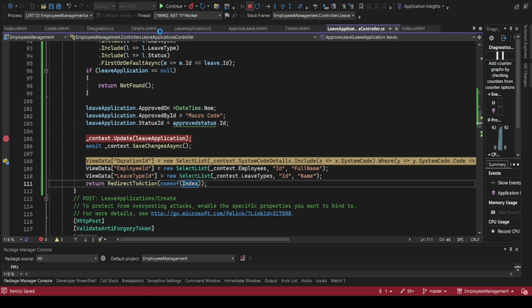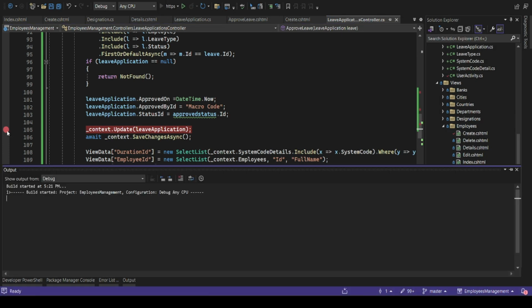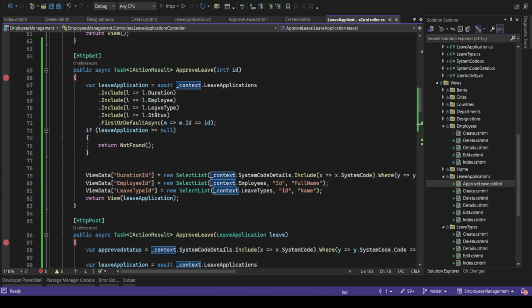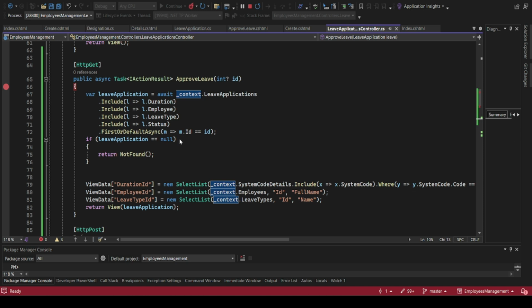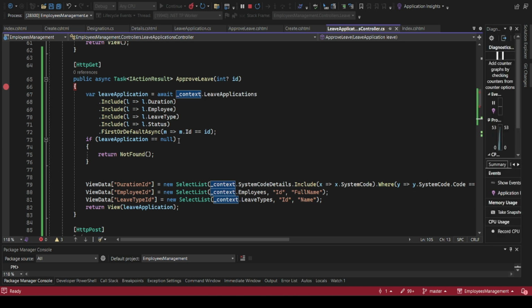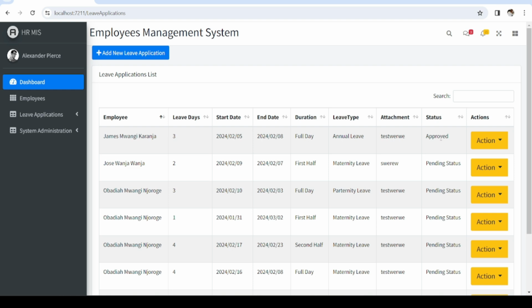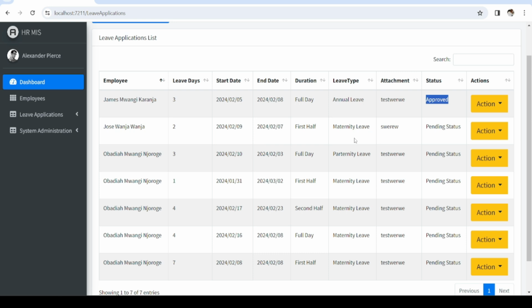So let's just stop our application, then relaunch. If we do that, we should be able to approve our leave application. So let's just confirm. There we go. Our application is launching. So let's go here and leave application. We should see that one of our leave applications is actually approved. You see, it is actually approved. So it was approving, but not redirecting us to the correct